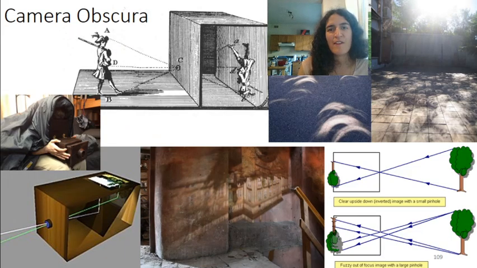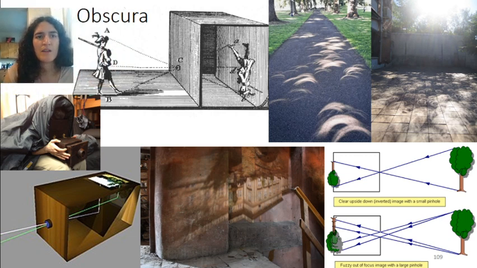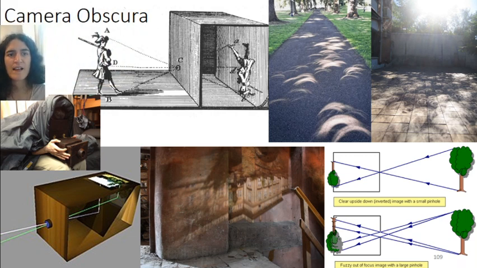This is one of my favorite things to talk about for optics. So this is called a camera obscura. So I'm moving my picture over to this side. Camera obscura, it's really simple. Here I have a room, and there's a small hole. And what's going to happen is the image of this person is actually going to get projected onto the wall